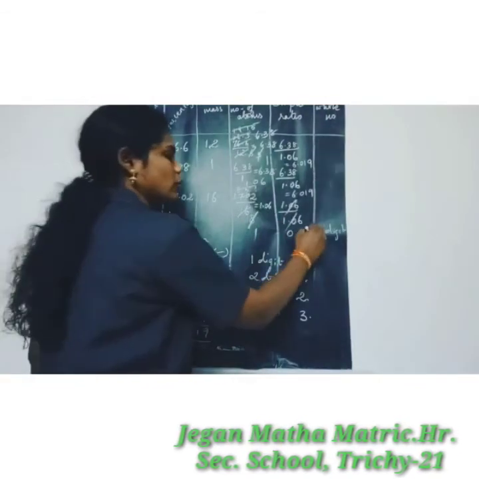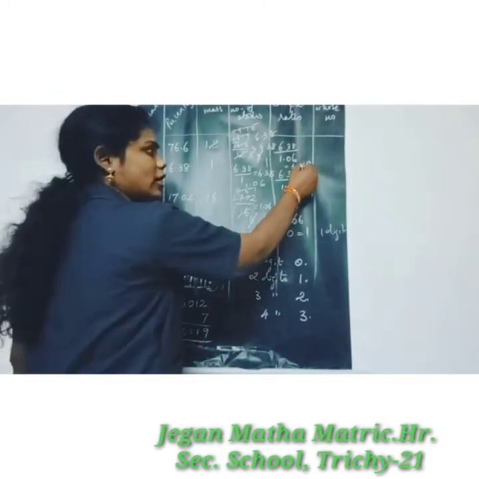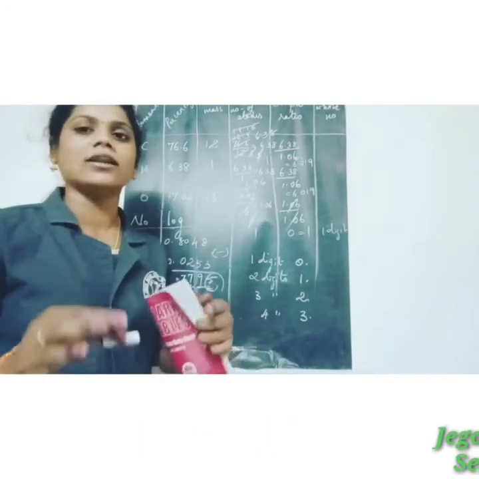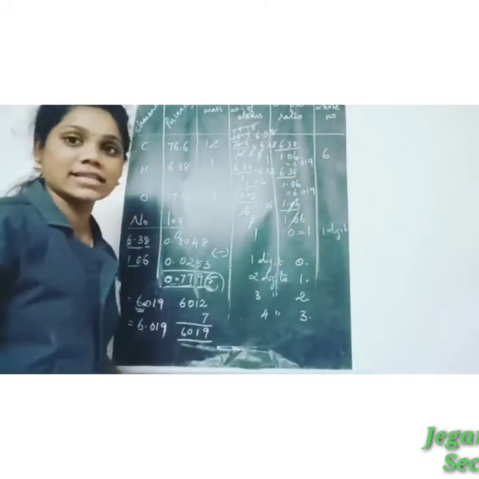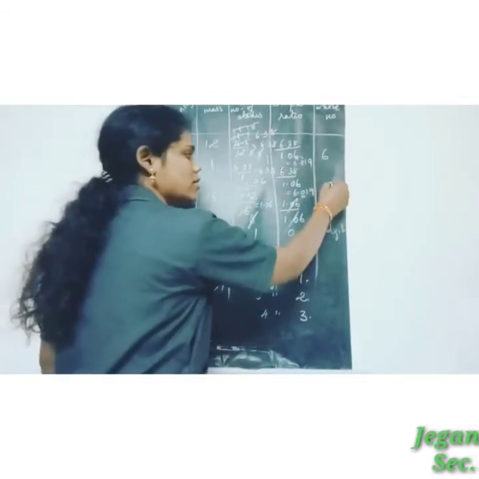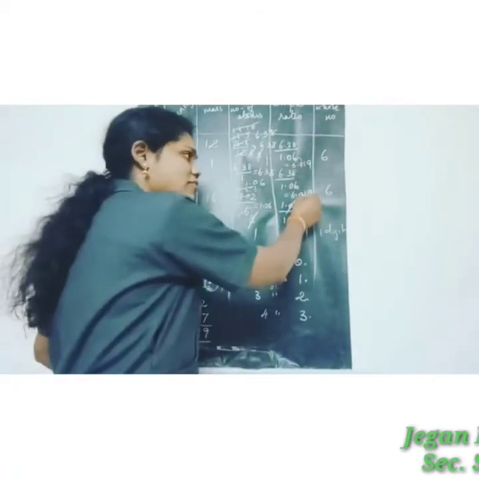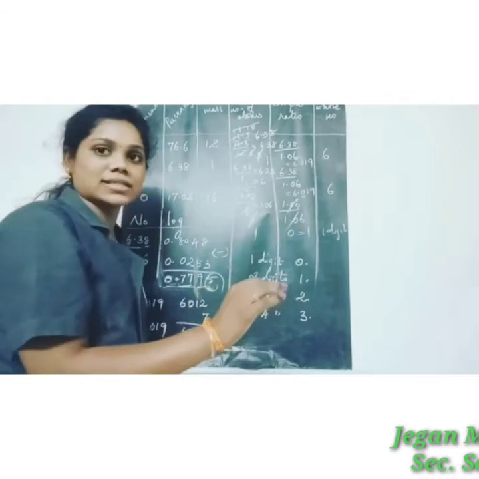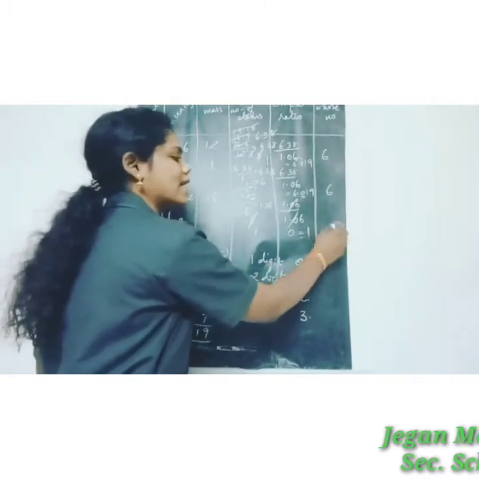So we get 1. And next one, whole number. So whole number means if after the point 5 and above is present, we add one to the number. So here only 6.0, not 5 and above after the point. So here the whole number is 6. And the next one also 6.0 only is present. So here the whole number is also 6. After the point, if 5 and above is present, for example 6.5, then here 7. 6.6 means the whole number is 7. So here 6.0 only is present. So the whole number is 6. And the next one, here only 1. So here the answer is 1.